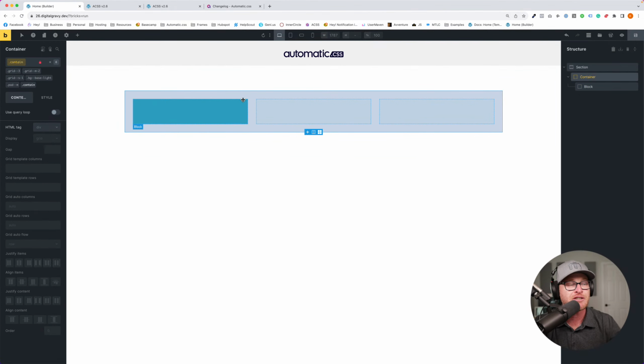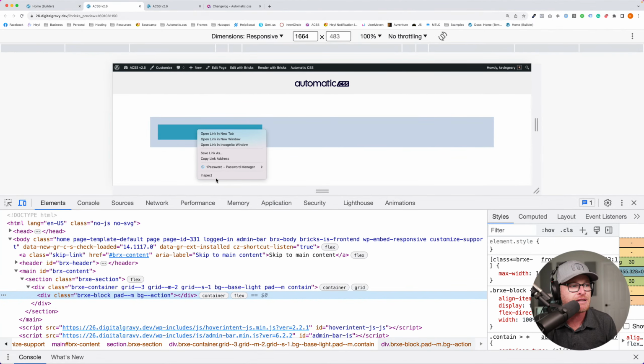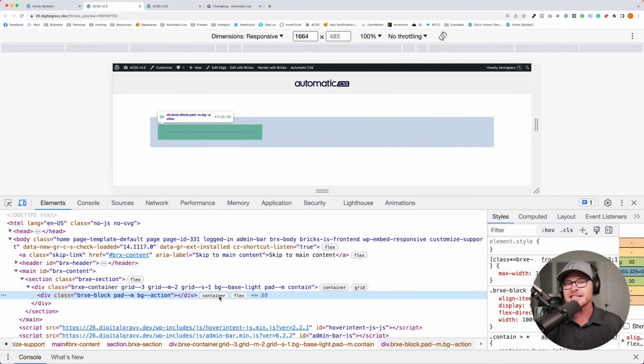I put a contain class on its parent, but the way that we've built it, especially for grids, we know, hey, you're going to need your children to be containers too. So we do that for you automatically. So this is a container and this is a container. And once something is a container, that means that it's being watched by the processor. It's watching the size of that container now. And then we can do things with it.